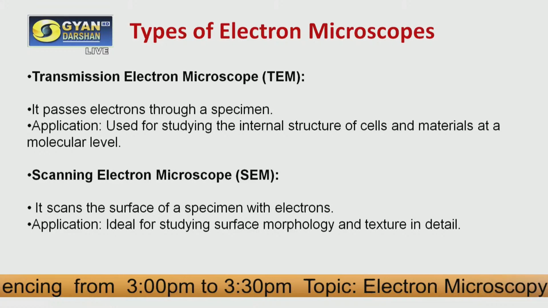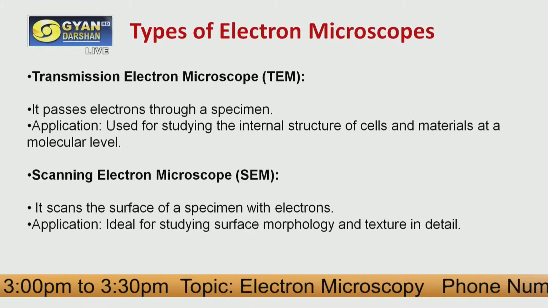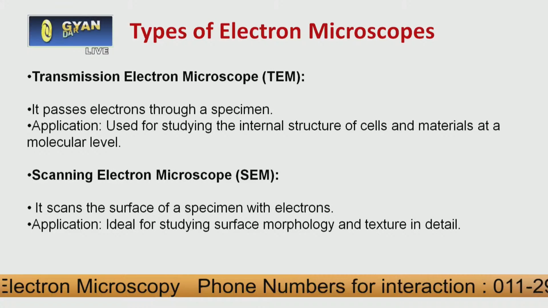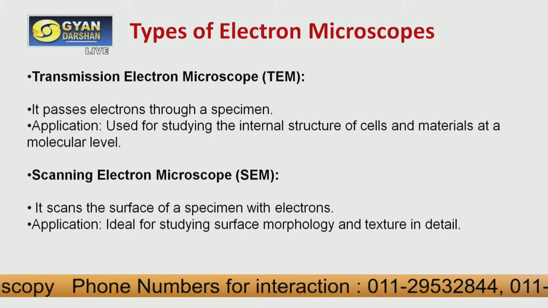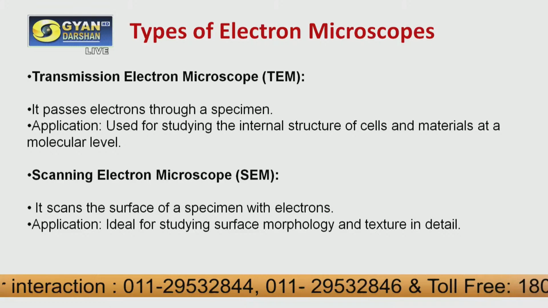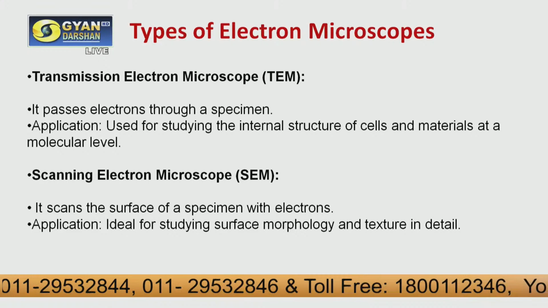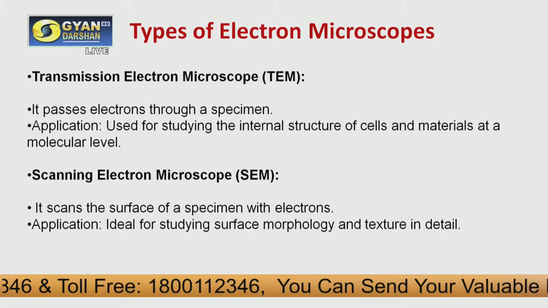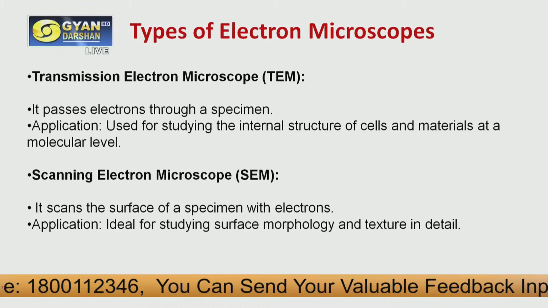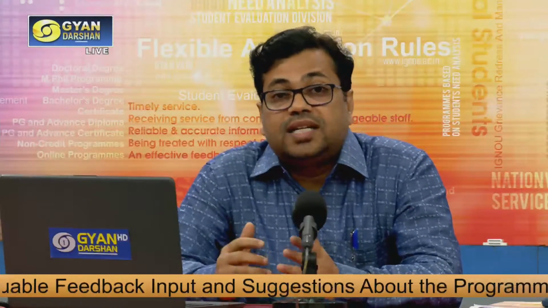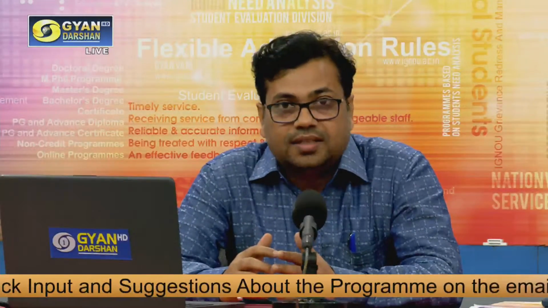The transmission electron microscope passes electrons through a specimen. Basically, a transmission electron microscope is based on the scattering of electrons from the specimen and produces a highly resolved image. In that case, the transmission electron microscope provides 1 lakh to 2 lakh times higher resolving image, or magnification. So it is basically used for the study of the internal structure of subcellular organelles, bacteria and